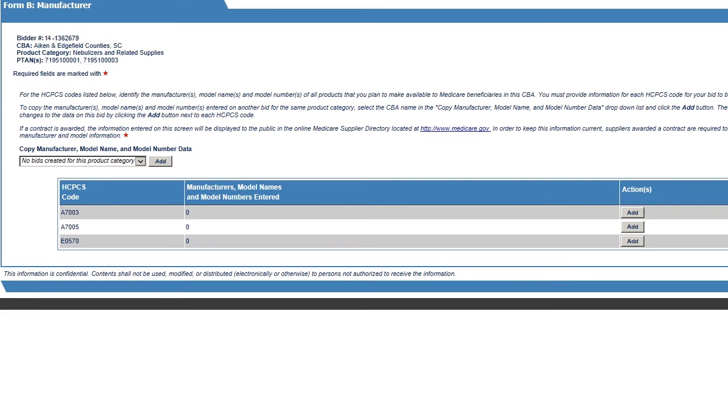All bids submitted are screened and evaluated to ensure they are bona fide or realistic. You may be asked to submit a rationale and documentation to verify that you can furnish an item for the amount you bid. After you complete the bid sheet, you will enter the manufacturer and model information for the codes